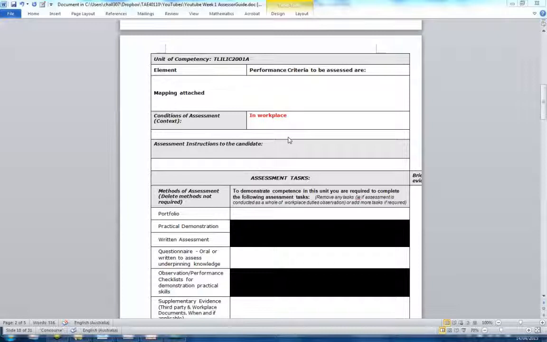Now, we're on page 2 of John's assessment plan. I've let you have a little peek there at the context. The context is the circumstances. The context usually relates to whether it's in the workplace or whether it's in a simulated working environment. So you've got Susan, who was e-learning from home, and so that's going to be a lot of simulated